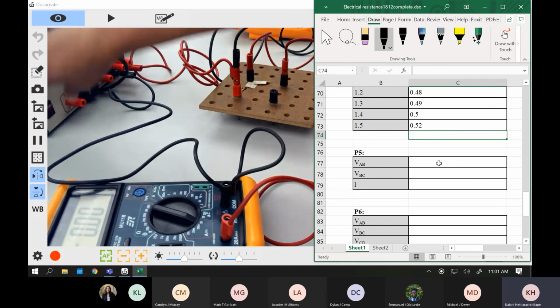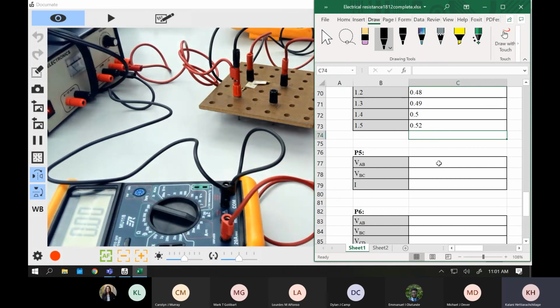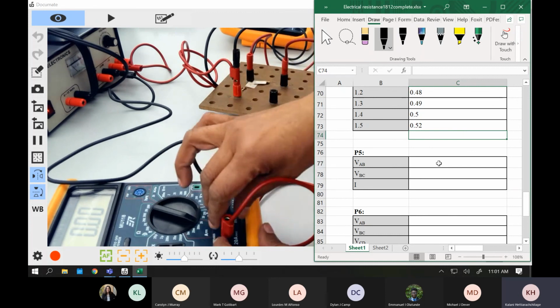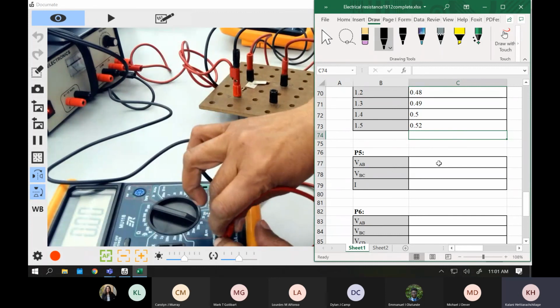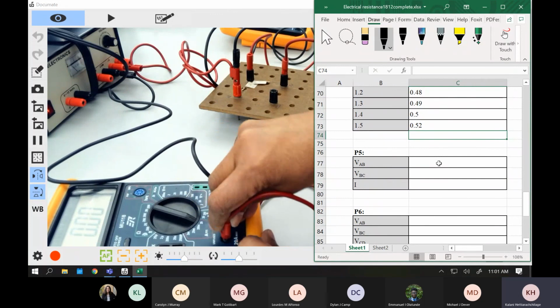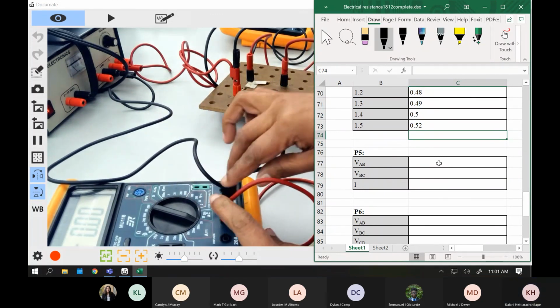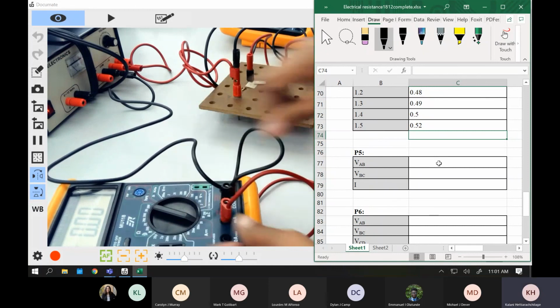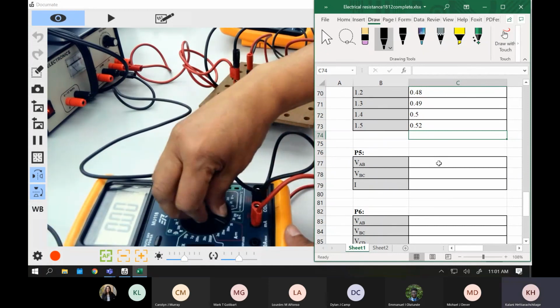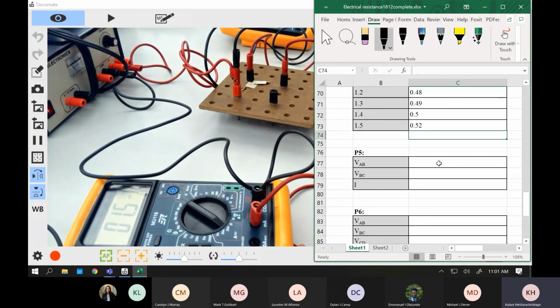Now you can switch on the power supply. We don't want to adjust any voltage because we're giving a fixed voltage in this case, right? It is already set to 5. Now we're going to measure the current. I think we need to switch this from amps to milliamps. I hope we have a very small current in there. Then change to the 200 milliamps range.